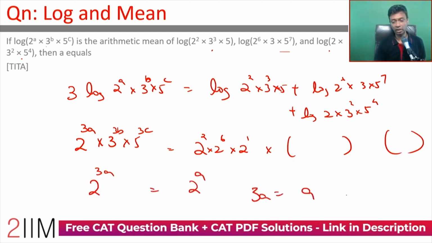3a equals 9, a equals 3. It's 2 square, 2 power 6, 2 power 1. That will become 2 power 9, which is 2 power 3a. A is 3. Done. Because we don't need to find b and c, we don't worry about powers of 3